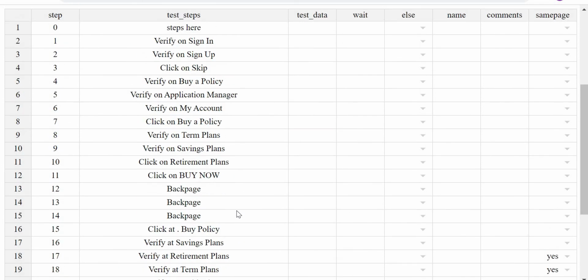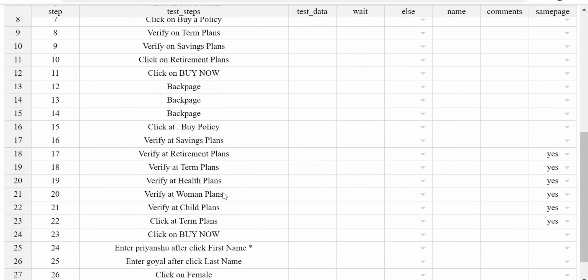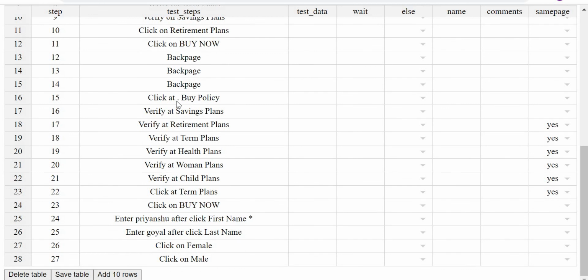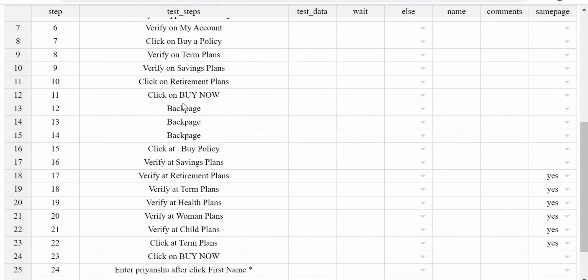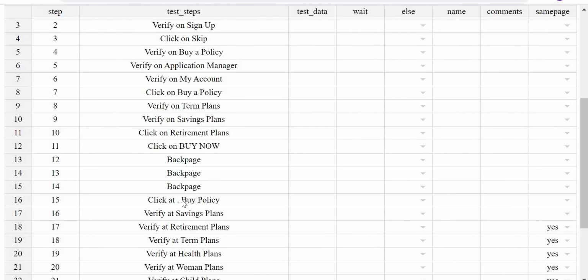So there are little tips and tricks, right? If you are using method 1, usually if something is getting captured, it would be correct only. But quite a few times you may not be able to capture something at all using method 1. Using computer vision or method 2, you can actually capture almost everything, but sometimes it may not be correct. Like over here you can see it has captured click at dot by policy when it was actually buy a policy, right? So this is where we can actually edit it manually.